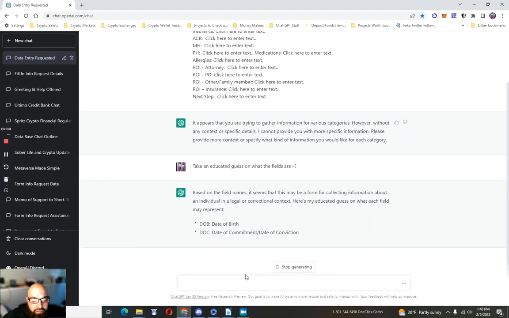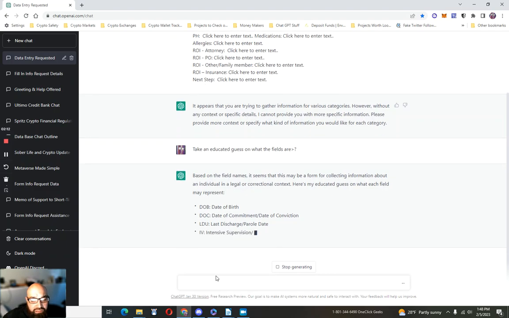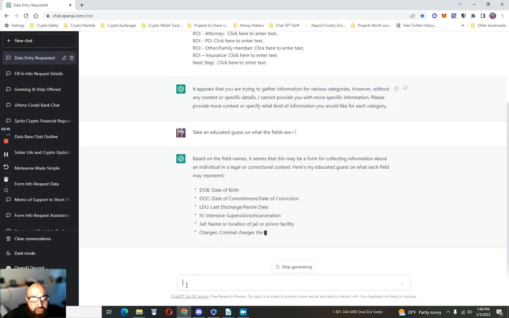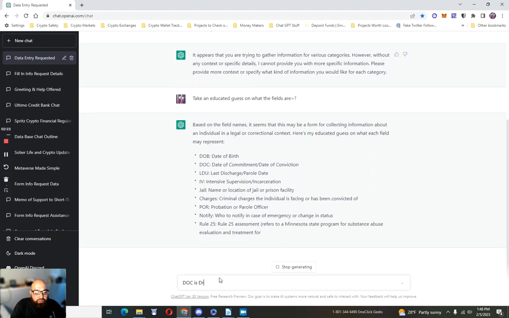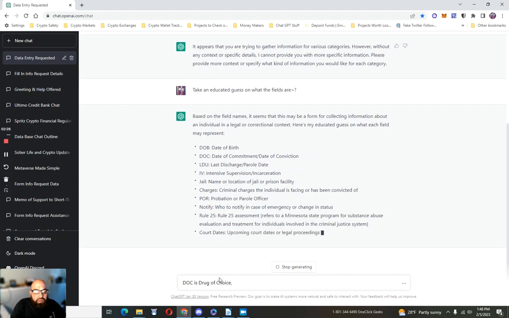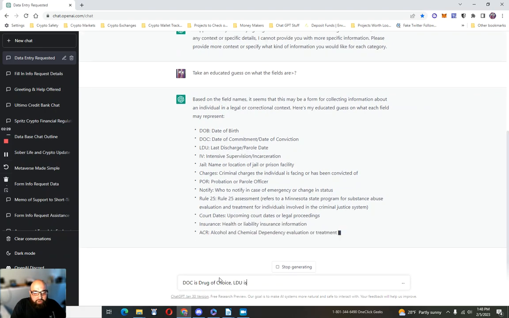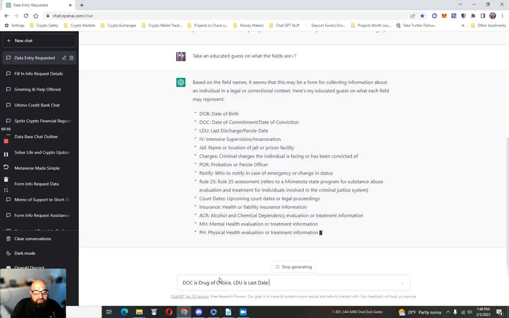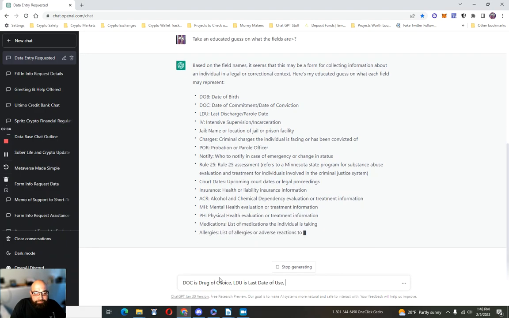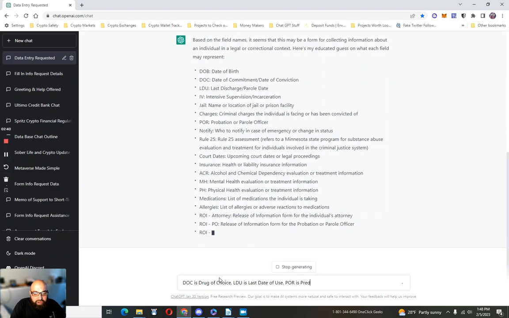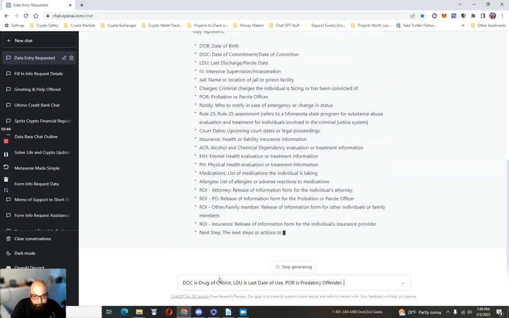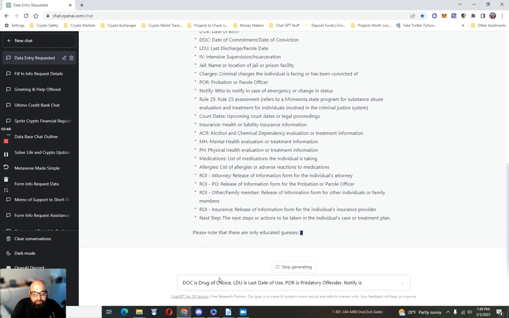Date of birth, date of commitment, date of conviction, which is not drug of choice, right? Last discharge, no. So basically, I'm going to just start typing right now. DOC is drug of choice. LDU is last date of use. POR is predatory offender. Notify is